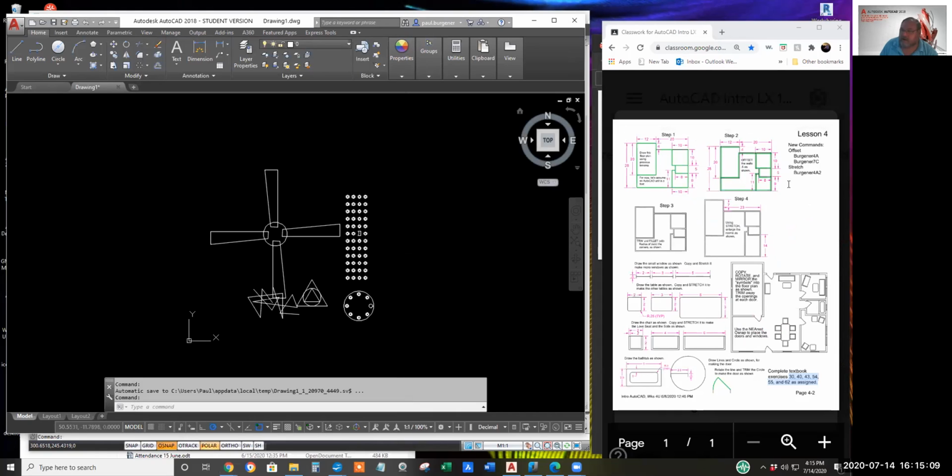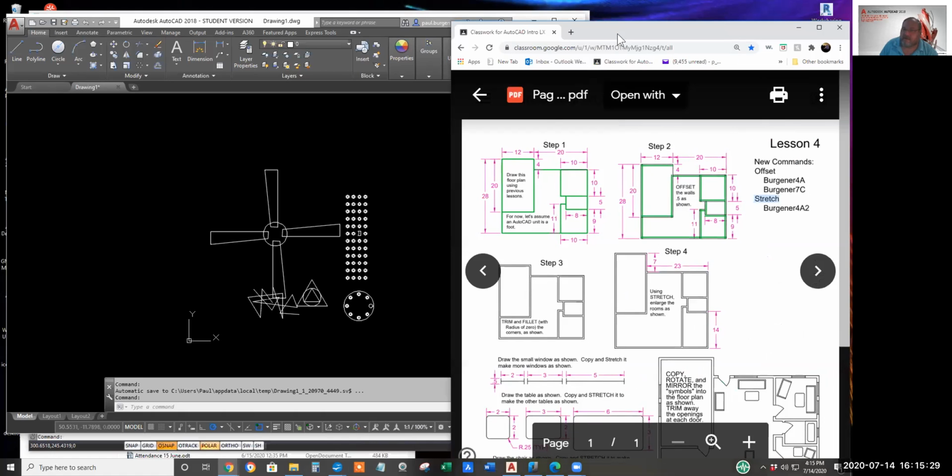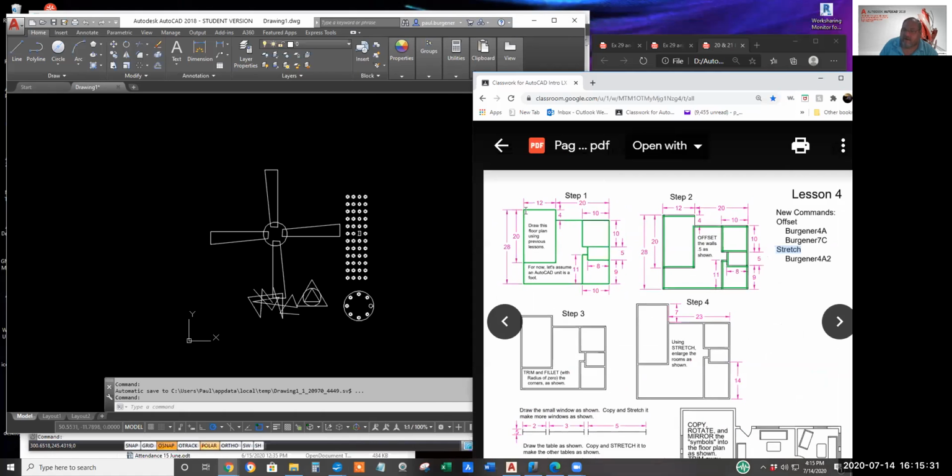The second part of today's class, I want to teach you the offset command, and later the stretch command. Let's go ahead straight to the exercise. Let me enlarge this a bit so it's easier to follow.